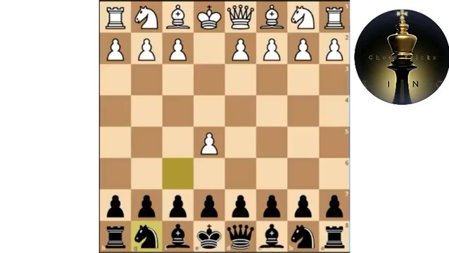So, after d4, white can play knight f3 as well, but after d6 I don't think he has anything better than taking or playing d4, which is what we're about to see shortly. So d4, and here d6. Now, white has two principled ways to handle the position. He can play either knight f3, which will be the topic of a different video, or take on d6, releasing the tension. It's also possible to make the move f4, which we'll discuss in a different video,